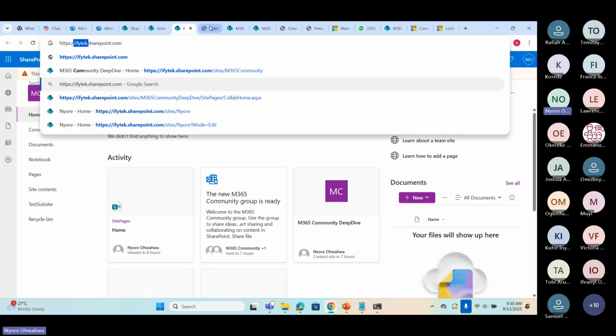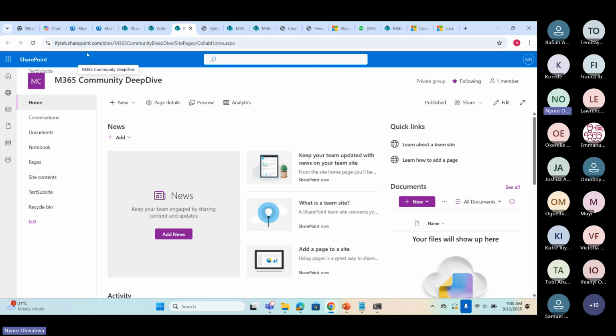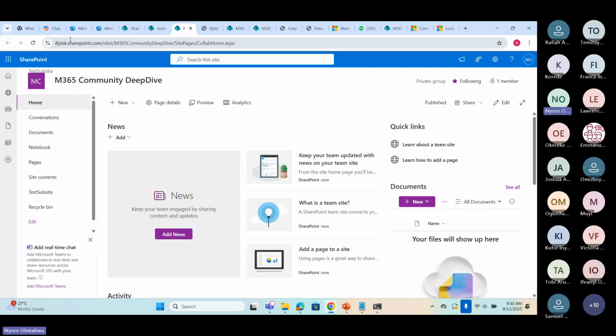For example, you are managing SharePoint for an organization, and for some reason, they merged with another company or they changed the company's name. It is right that they should be able to change the domain name from what they had to the new name.